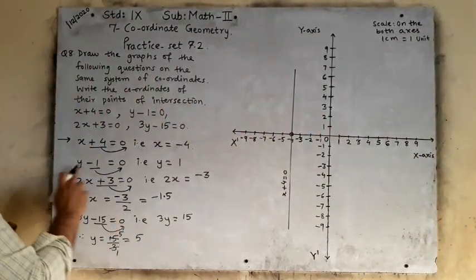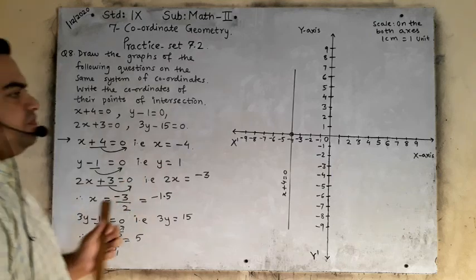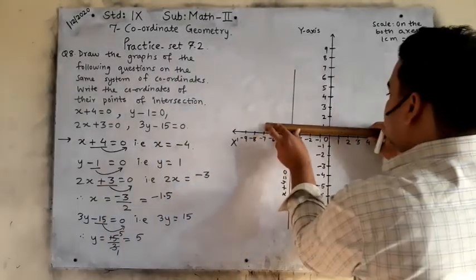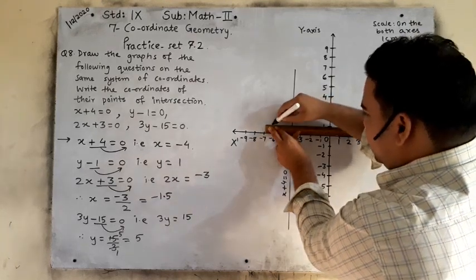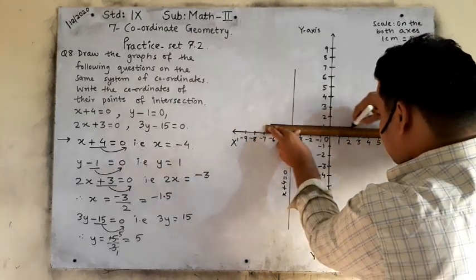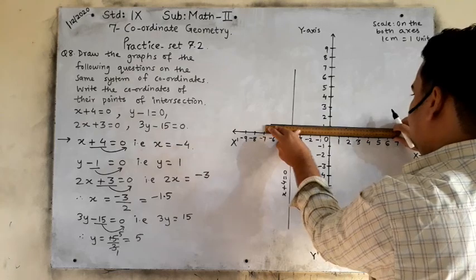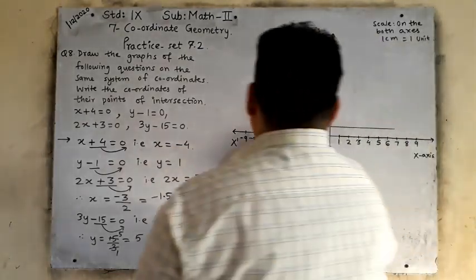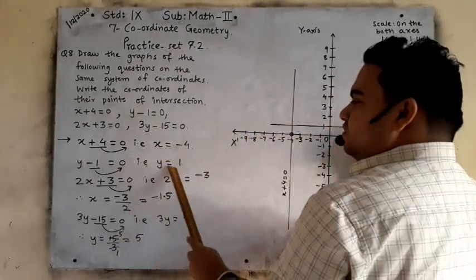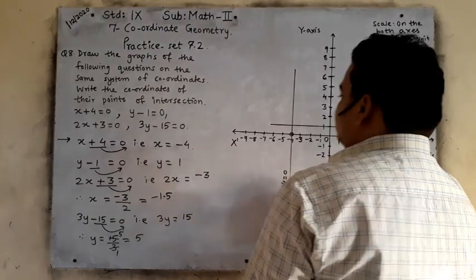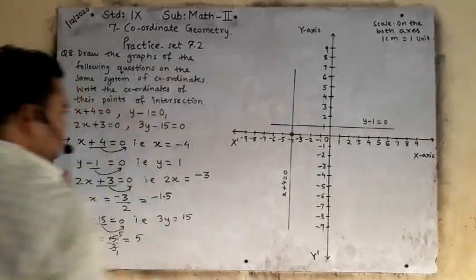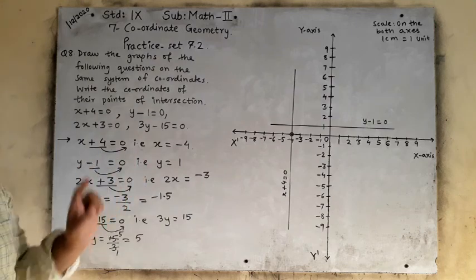Now the second one, y is equal to 1. y is equal to 1 is here. Can you see here? y is equal to 1 is here. I will draw a line. Yes, I will mention here y is equal to 1, which means it was y minus 1 is equal to 0. We will write the equation. Okay, हम equation ही लिखेंगे वहां पर.